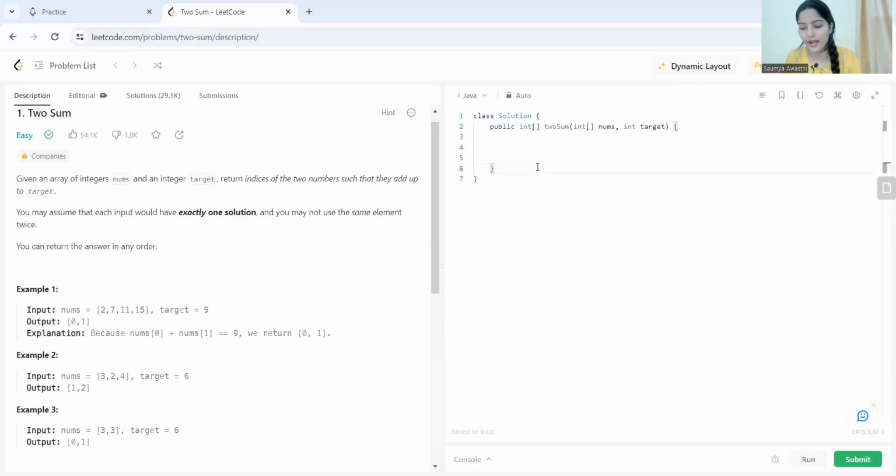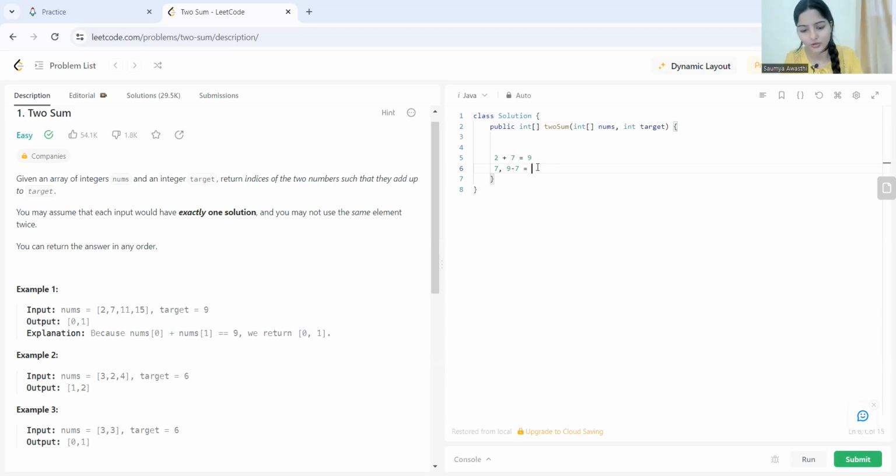See here, if I have 2 plus 7, that is equal to 9. It means if 2 is there, what else do I need? Or let's say if 7 is there, what else do I need so that I can have two elements which are equal to the target?